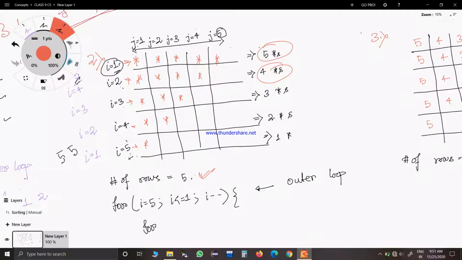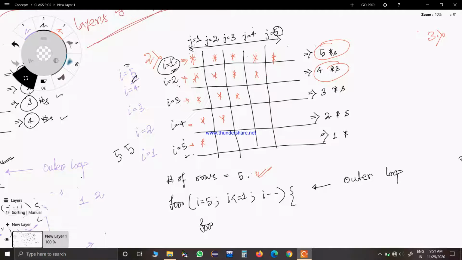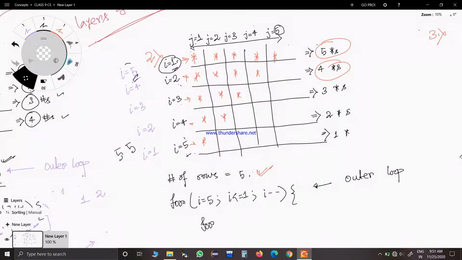But if you try to see it in another way, let's say you label this, instead of starting from 1, if you start from 5, now you can see there are five stars, so try to see it in an opposite way. So instead of starting from 1 to 5, you start from 5 to 1. In that case also there are five rows, right? If you start from 1 to 5, there will be 5 rows. If you start from 5 to 1, the count also will be 5.